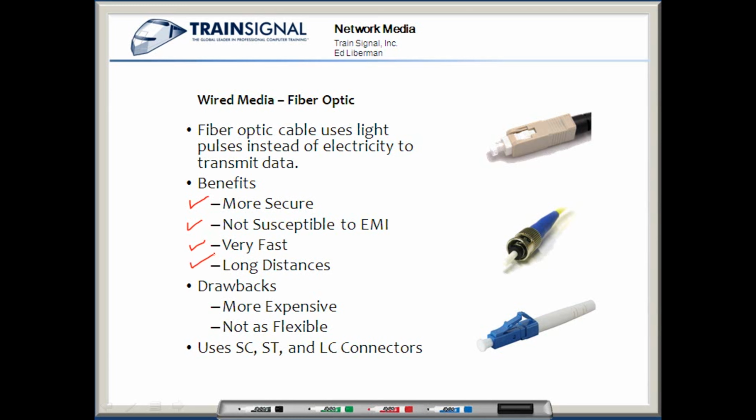So fiber optic cable, you might be thinking, wow, why would anybody use anything else, right? I mean, it's secure, there's no interference, it's very fast, it travels long distances. Why would you use anything else? Well, it does come with some drawbacks, and those drawbacks are that it is more expensive. So first of all, the cabling itself tends to be more expensive, but then also the installation of the cable itself. So hiring somebody to install it is more expensive, and the reason why is because it's not as